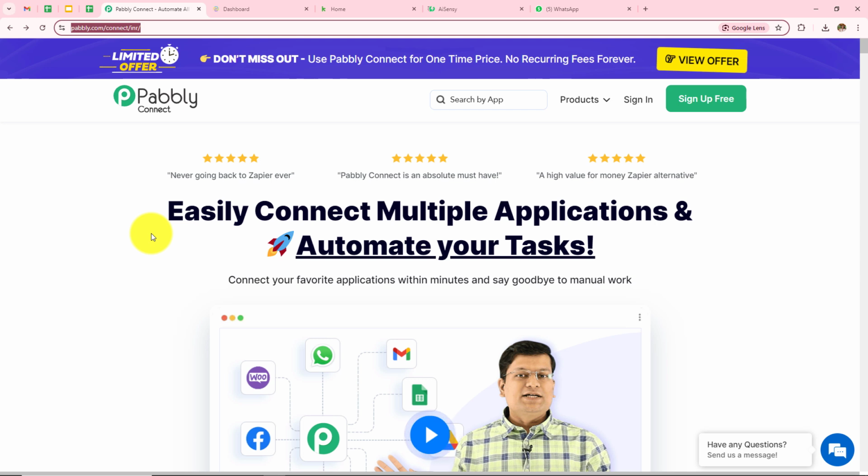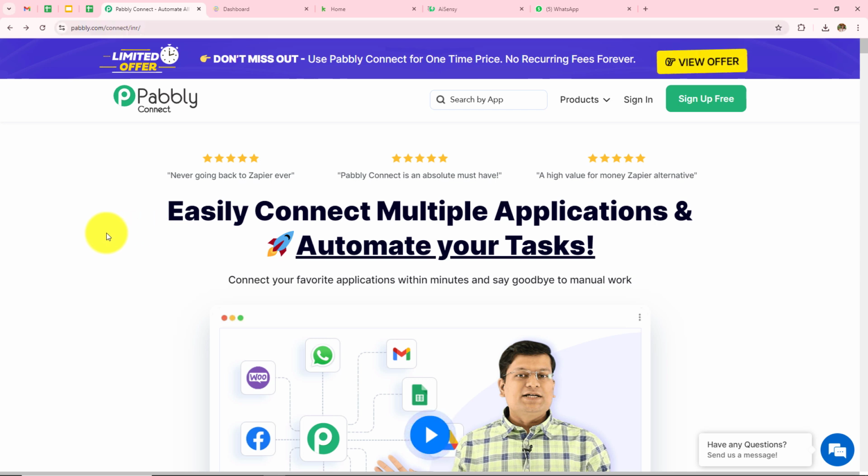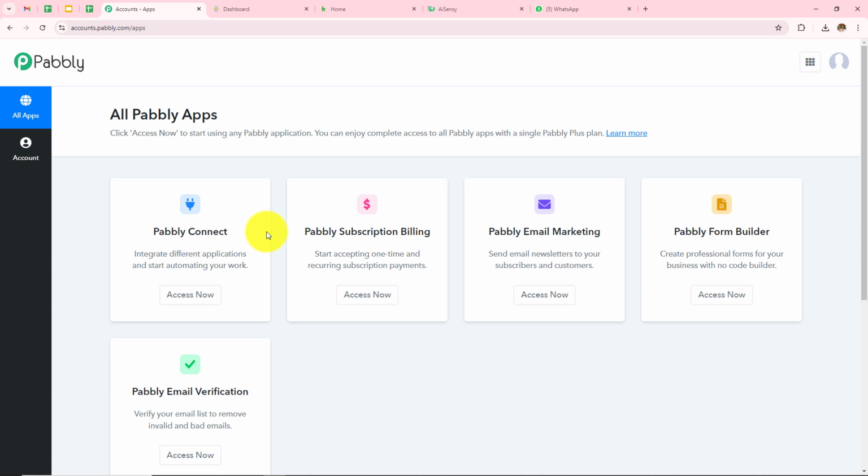After browsing the website, we need to sign into a Pabbly account. On the top right corner, you can see two options, sign in and sign up for free. If you are an existing user, click on this sign in. But if you are a new user, click on sign up for free, and this will give you 100 tasks free on a monthly basis. As I'm an existing user, I'm going to click on sign in, and here a dashboard has appeared